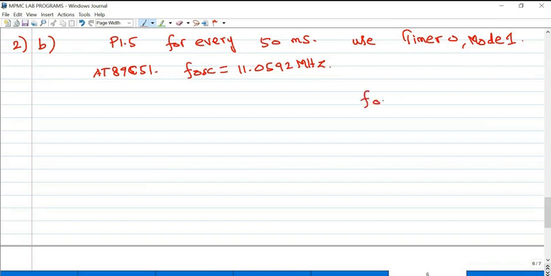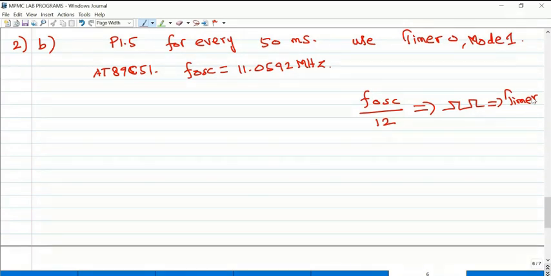It is divided by 12, then this frequency is applied to your timer. So we already calculated, if 11.0592 is the internal oscillator frequency, then the period of one clock pulse which enters into your timer circuit is 1.085 microsecond.